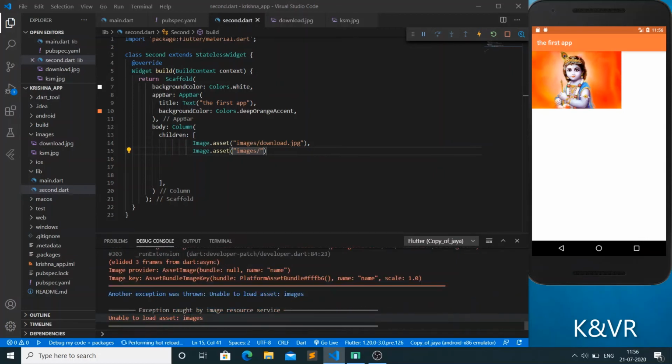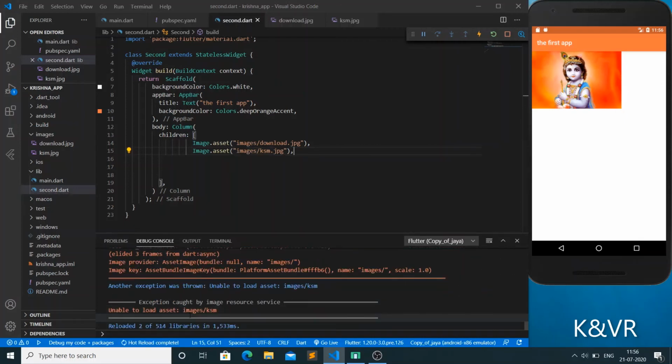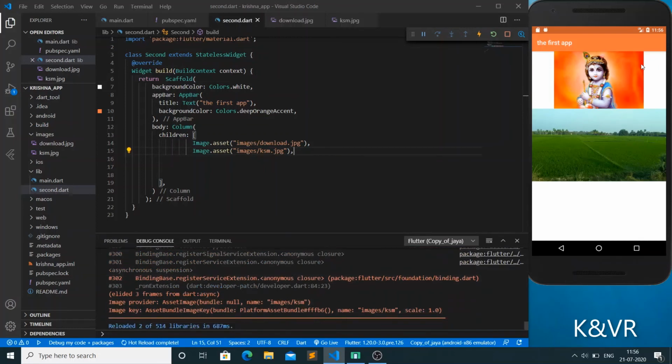From that images folder we are taking the asm dot jpg. These images we are taking. See, the images will come.